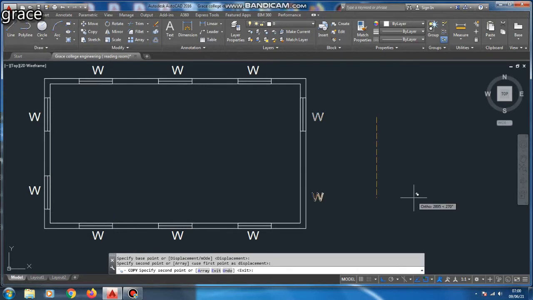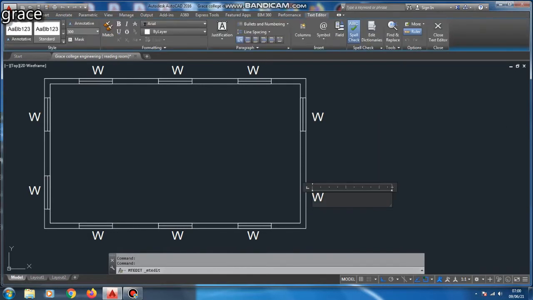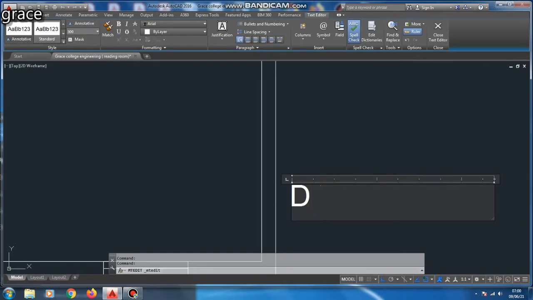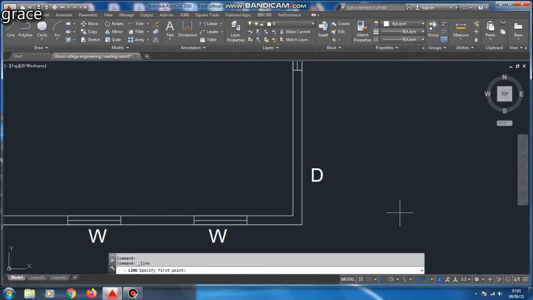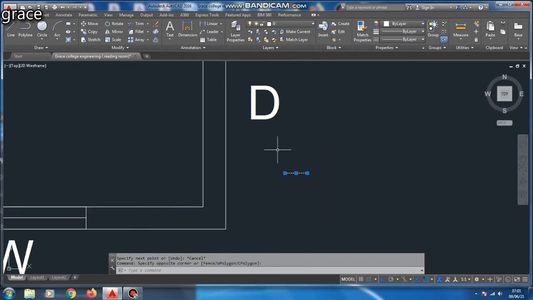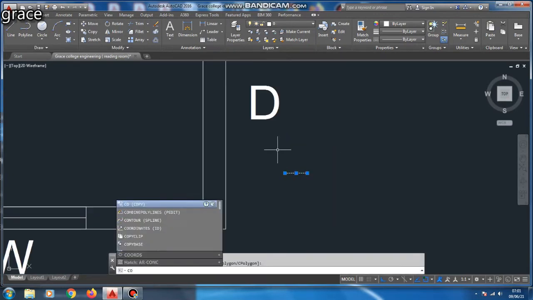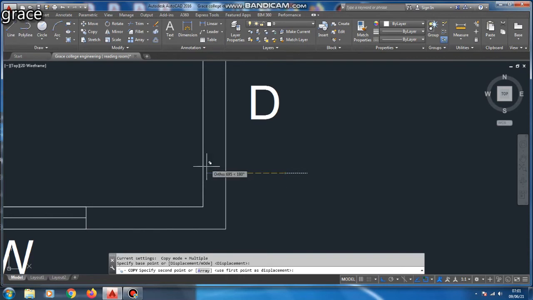By using the same way as for windows and walls, we are going to draw a door for our given reading room. Here I am going to draw a door by using the same line command, that is L. By using copy, I am going to drag the line and use the offset command.